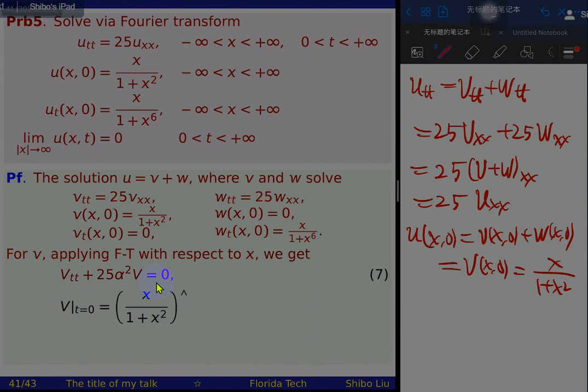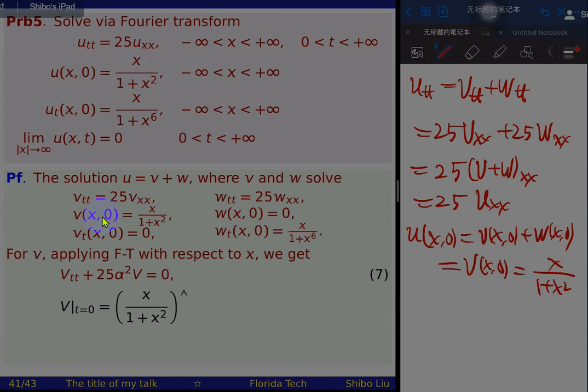And correspondingly, the initial displacement, here the capital V is the Fourier transform of small v. So when t equals 0, capital V equals the Fourier transform of